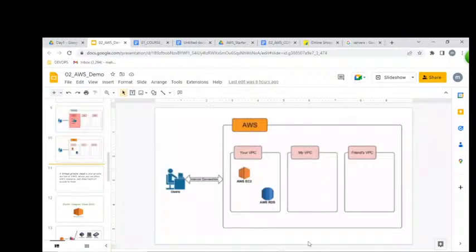For example, the first network is for you, the second network is for me, the third network is for my friend. There is no limit.